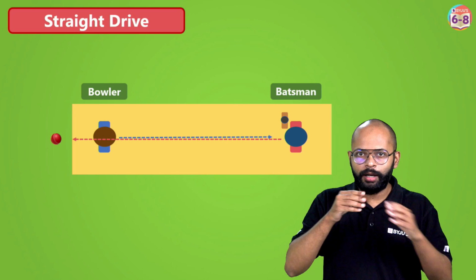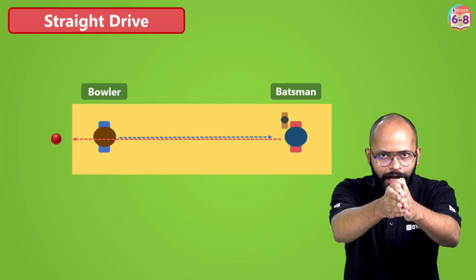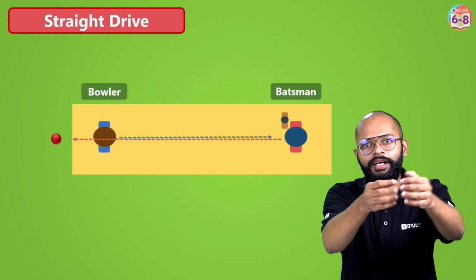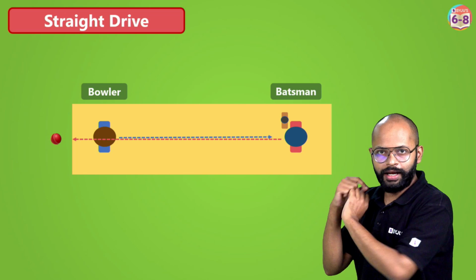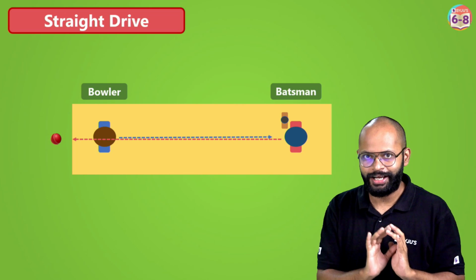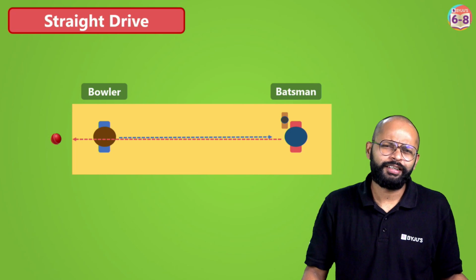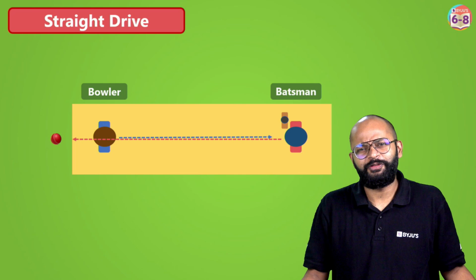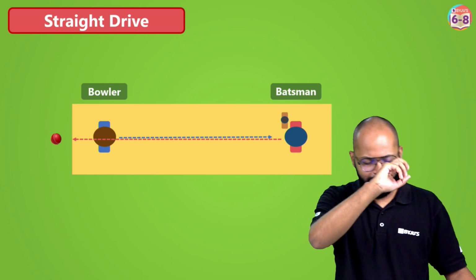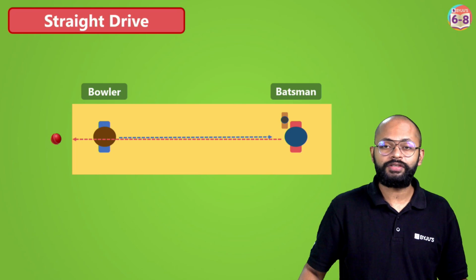The ball was coming in this direction and now after the batsman hit it, it goes back, zoop, right? And sometimes the bowler also tries to catch it, by the way. If he can, it's a very good catch. If he cannot, it's okay. It was a fast ball. He could have hurt himself, right? That's why. So this is what happens in a straight drive.